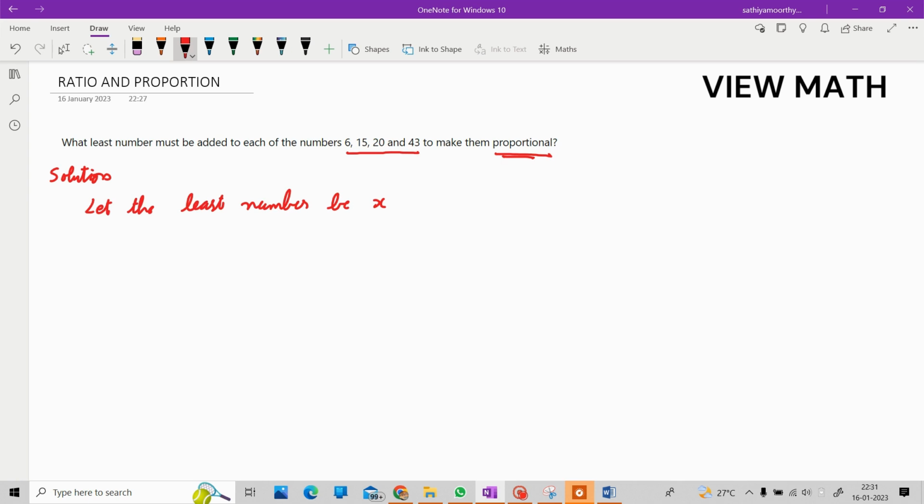So this x is added to each of these terms to make them proportional. So 6 plus x is to 15 plus x, which is equal to 20 plus x is to 43 plus x. So I'm adding this least number x to each of these terms and making it proportional. Now we know the product of the extremes